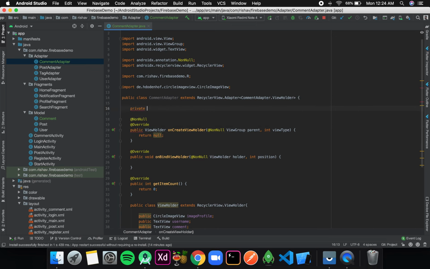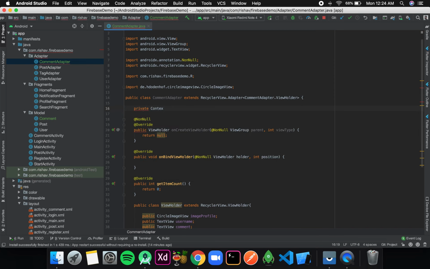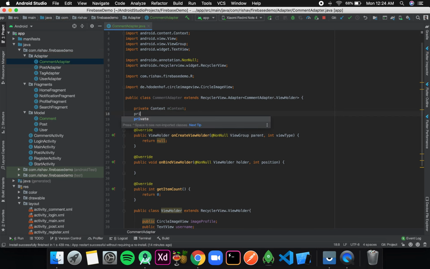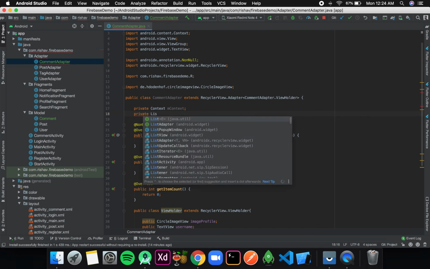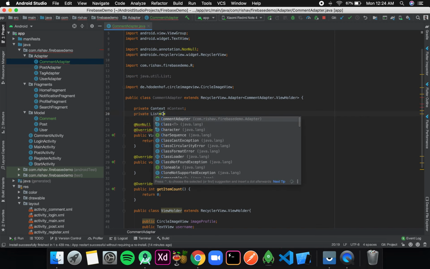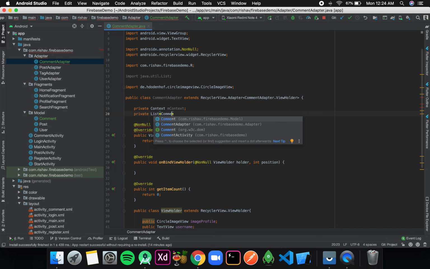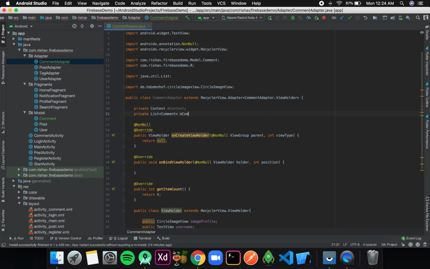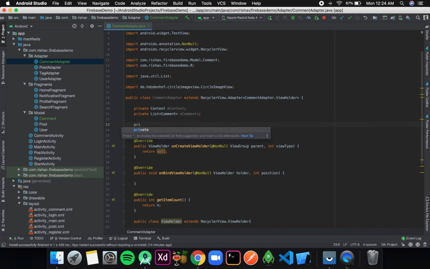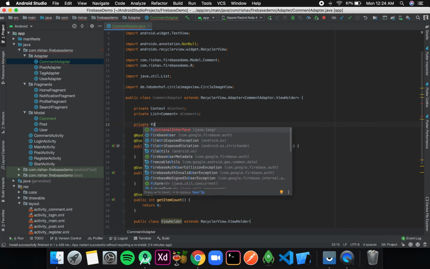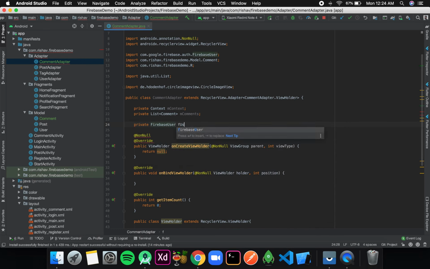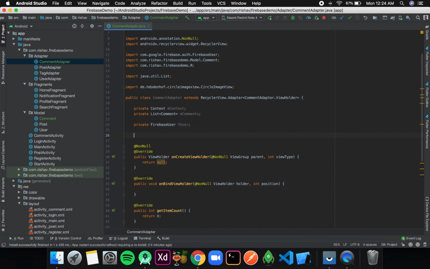So first one is context, the context is mContext. Then there will be a list of comments, that will be the list of comments on that certain post. I'll call it mComments, and I'll also need a Firebase user. I'll call it fuser. Now I'll create the constructor for the first two.